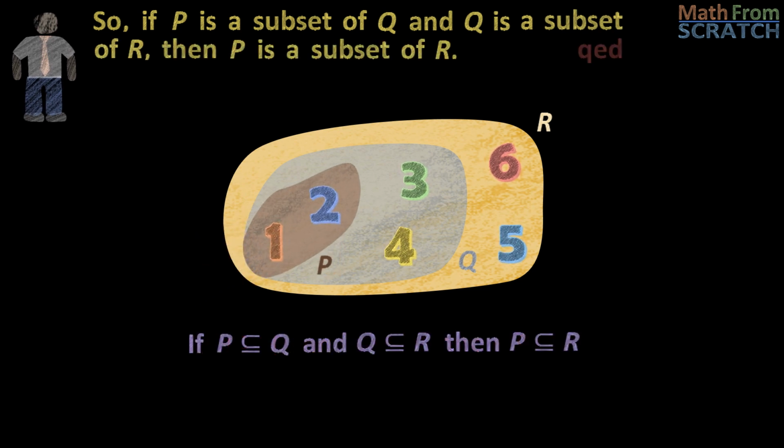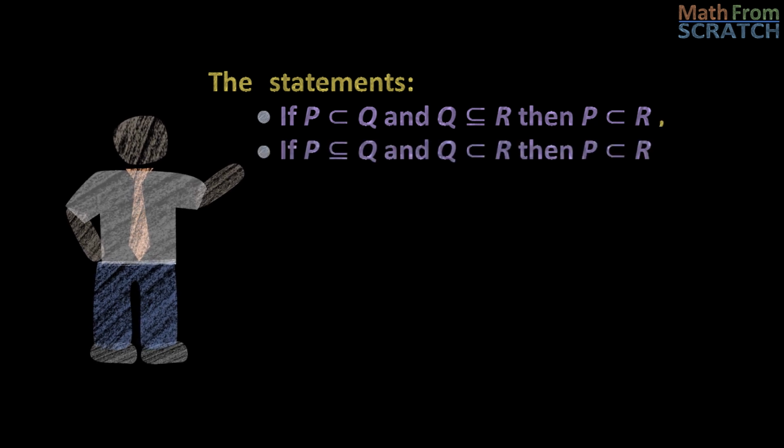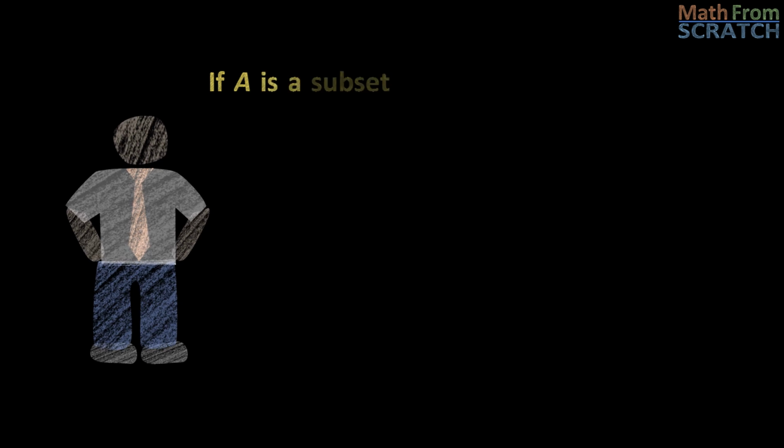The statements, if P is a proper subset of Q, and Q is a subset of R, then P is a proper subset of R; if P is a subset of Q, and Q is a proper subset of R, then P is a proper subset of R; and, if P is a proper subset of Q, and Q is a proper subset of R, then P is a proper subset of R, are also true. Can you see why? If A is a subset of T, we can also say that T is a superset